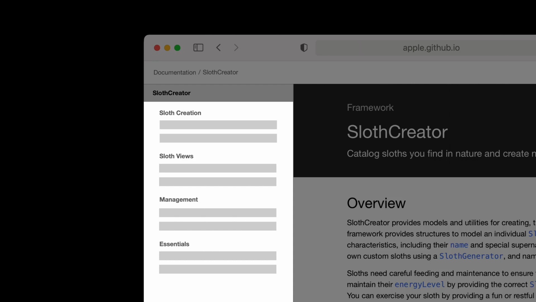Thinking back to the idea of a map, I want to give developers step-by-step guidance on where they can go next. The order of my groups is vital to create a great experience. Taking another look at my topic groups, they're mostly in good order. First, you have to create a sloth, then you can visualize it, then you can manage it. The only thing I change here for now is moving essentials up to the beginning of the list, so developers see that beginner content first.